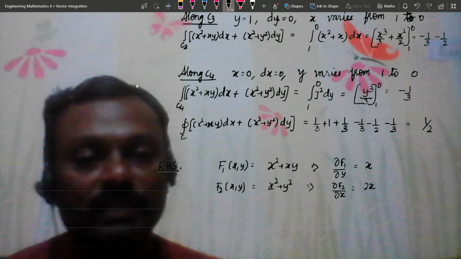So the double integral over R of ∂f2/∂x minus ∂f1/∂y dx dy takes the form integral 0 to 1, that is the limits of y, and then integral